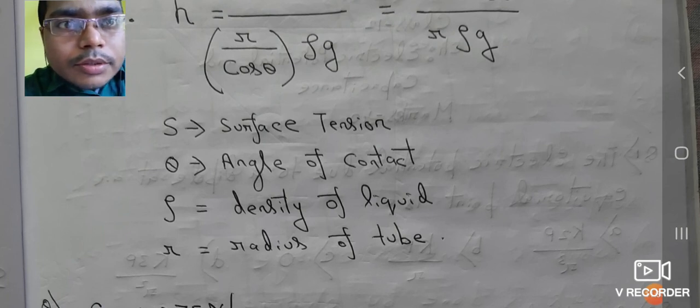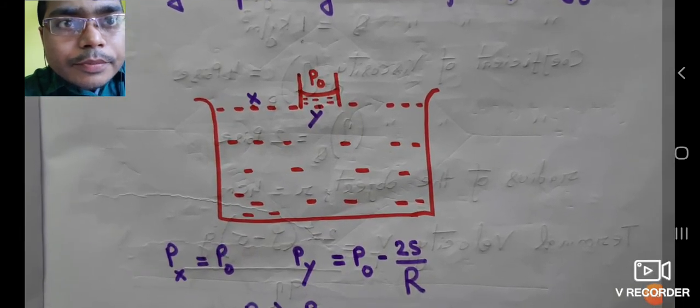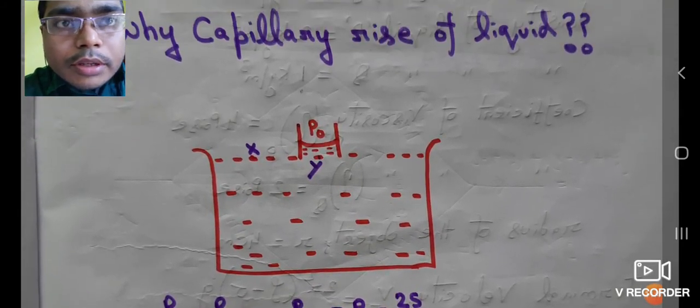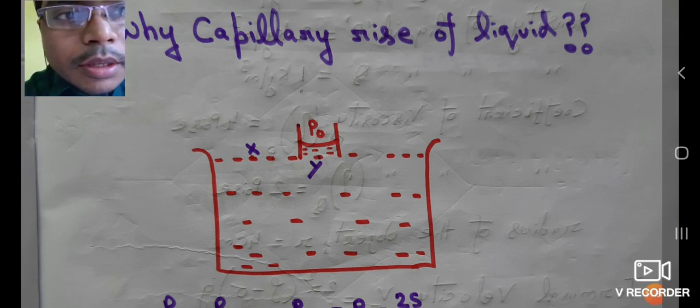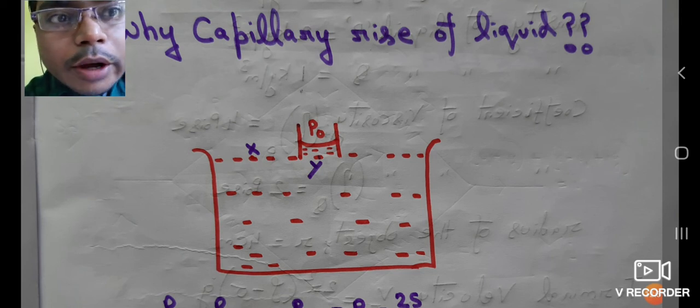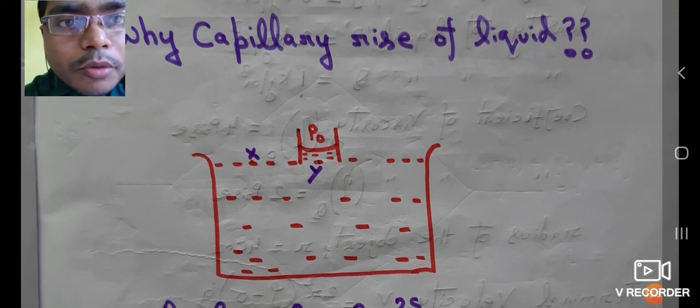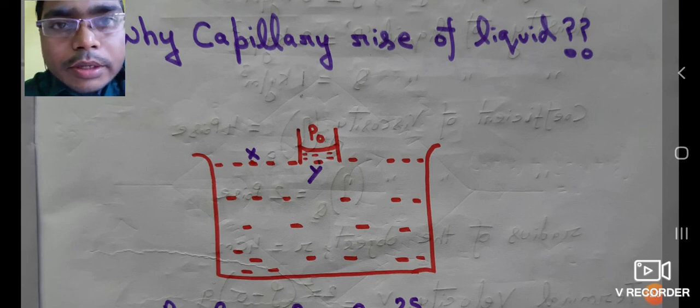Now let us move to one simple question based on this capillary rise. The question is: why does the liquid level rise up inside the capillary? That is a very important question. We know that liquid always moves from a high pressure region to a low pressure region. Here in the diagram I have made the meniscus surface very close to the point Y. At the point X the pressure is only because of atmospheric pressure, given by P naught, but at the point Y, this is just like a convex part.